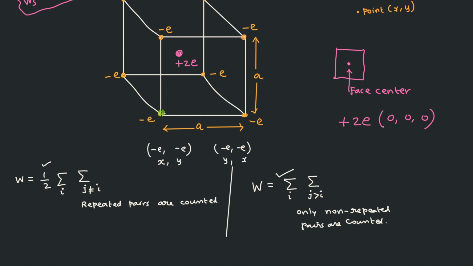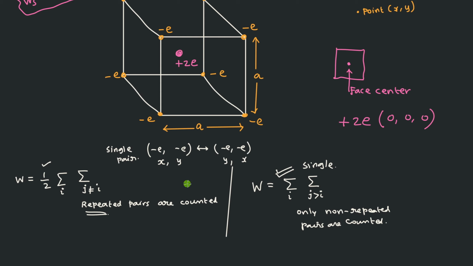Here, x means this minus e, y means that minus e. So a pair is written as x comma y. If you interchange them, it looks once again like minus e comma minus e. So you should be careful whether you are going to consider the order. These two are identically the same. This is called a single pair. If you are going to count this as a single pair, then let me put a tick here. So this is valid. This is the meaning of counting single pairs. And repeated pair means you count this as one pair and this as a second pair. So that clarity is already there.